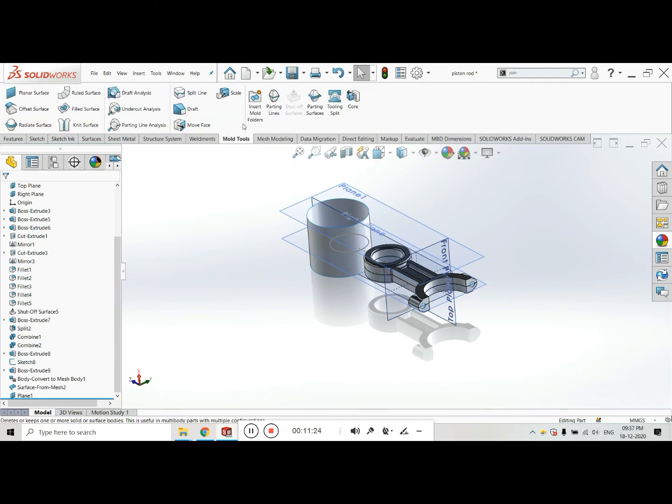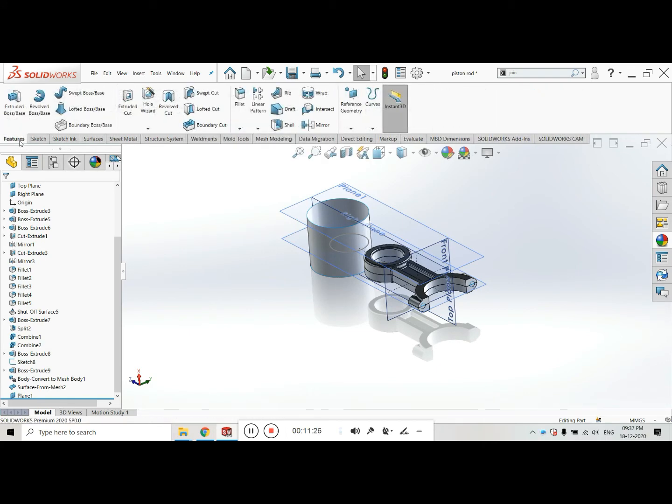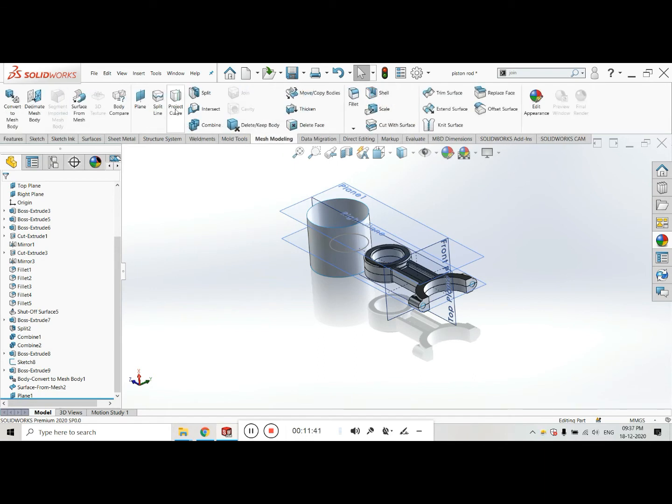It is very simple and the same as I had explained to you in the feature tool. Go to the feature and select the curves under different geometry. You will see here the split line and the project curve. Both options are the same in mesh modeling. Okay, what is the use of the project curve? Just see.